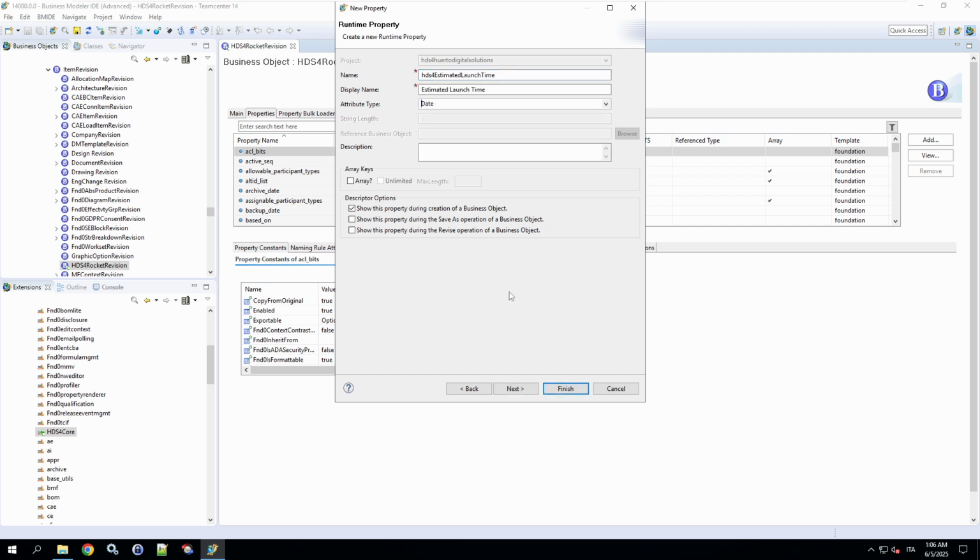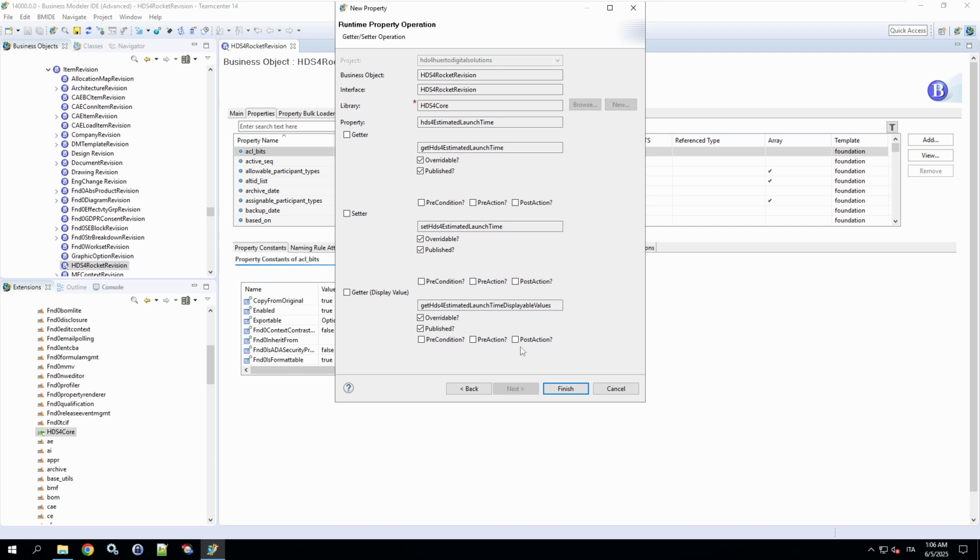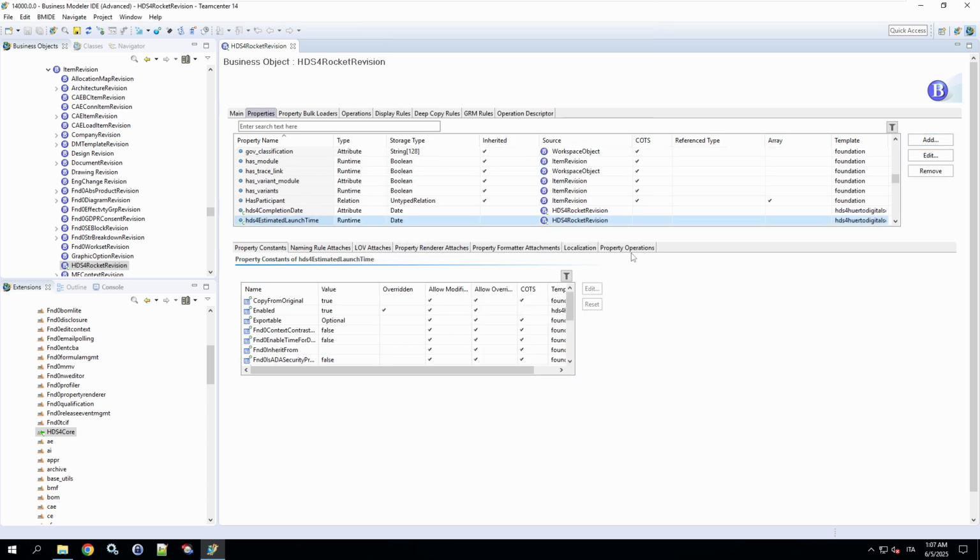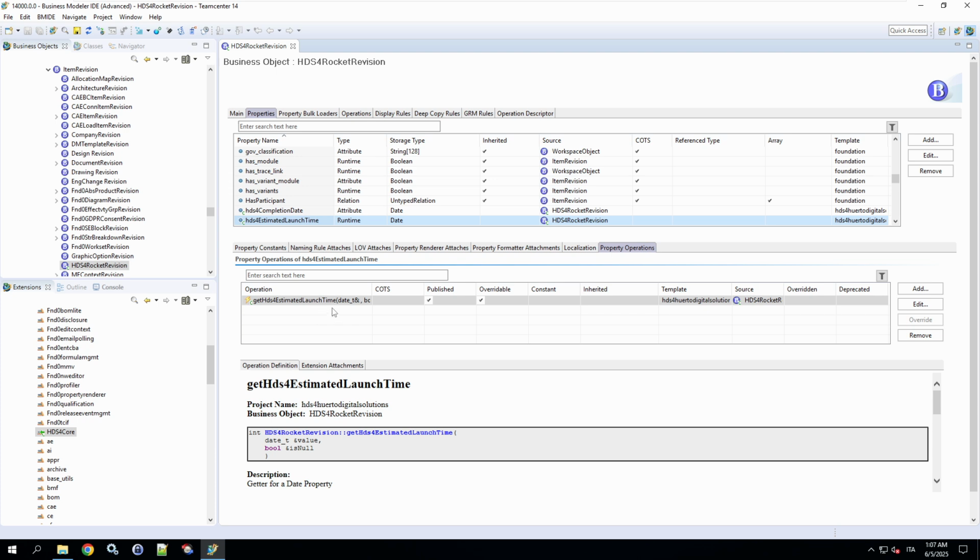Enter the name HDS4 Estimated Launch Time, choose Date as the type, and click Next. Check Generate Getter to indicate we'll implement the calculation logic. Click Finish. Notice that in the Property Operations section, a getter operation has appeared for this property. We'll use it later to write the code.